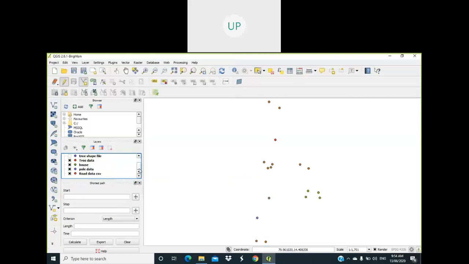So here you can see, hide all other points, that is trees, house, pole data. So now you are able to see only the road data. So join this. After selecting, right click. Okay.